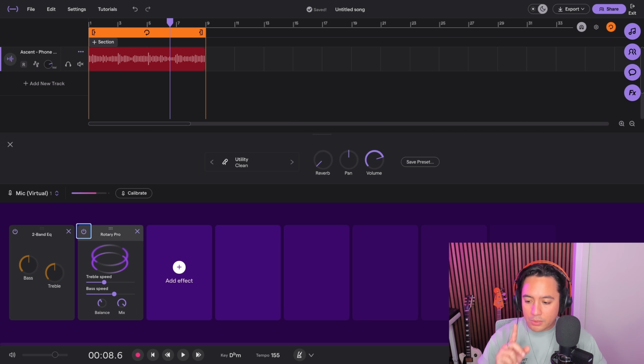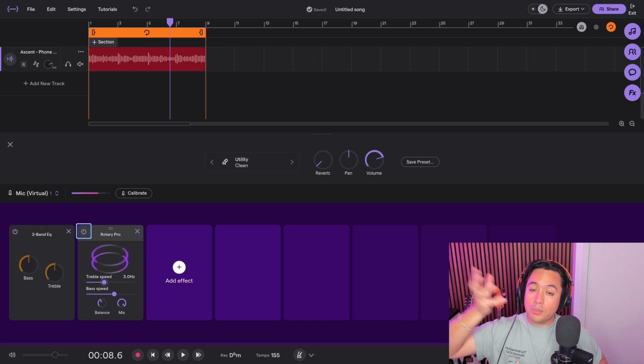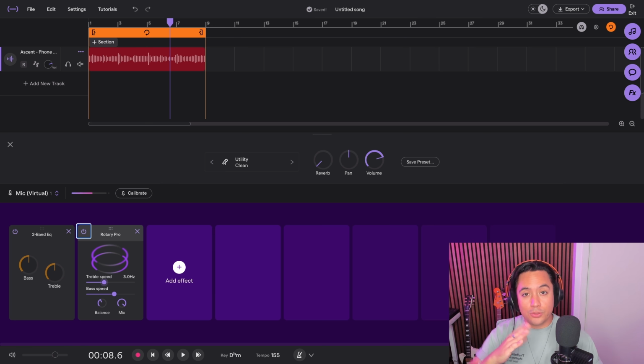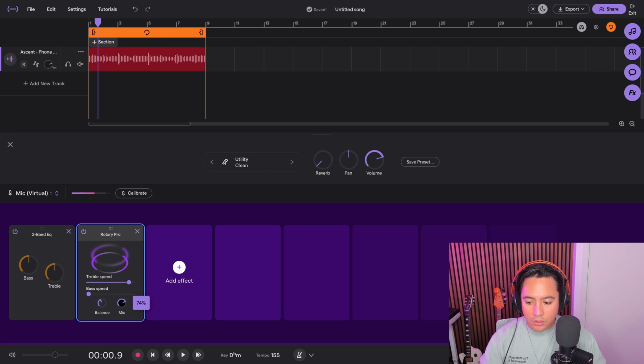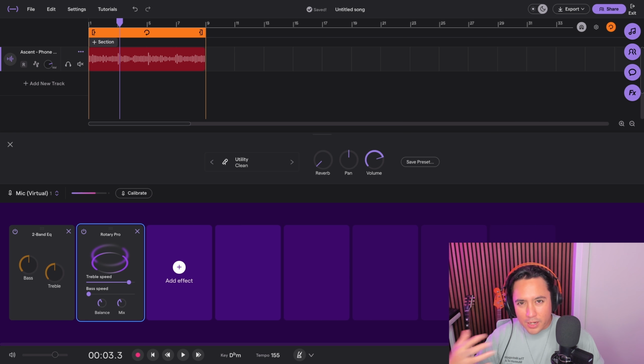Now the cool thing here with the Leslie specifically is because we have two elements. We have the high frequency element and the low frequency element. We can control the balance in between these two. So if we want the speed to be super fast and just a high end, but no bass movement at all, we get something like this. And here you can also mix in the dry signal, so without it being processed. So you get a weird chorusy vibe kind of,